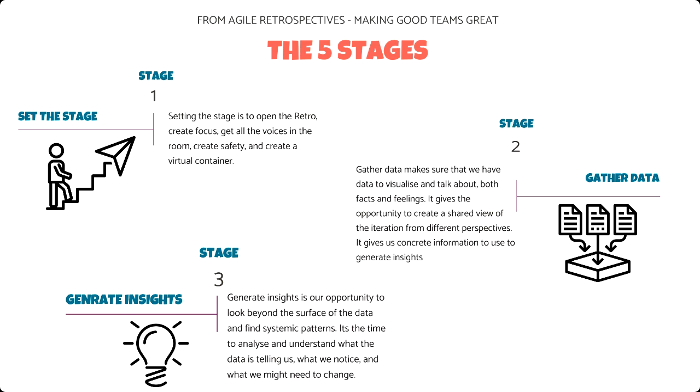So it's very important. When I was starting out as a Scrum Master and I learned about the 5 stages, I would use the 5 stages, and I was kind of good at doing that. But what I wasn't really great at was linking gathering data to generating insights. And I think that's another critical part that we need to make sure that we're doing, right? So that we're generating insights on the data we've gathered, and not just doing another random exercise that generates insights, but those two are disparate. So when I was a young Scrum Master, I did that a few times, and then I was not really getting great outcomes.